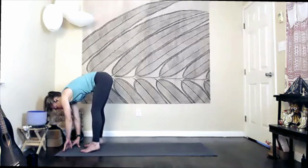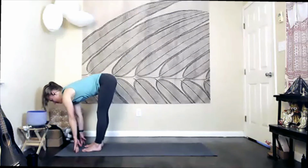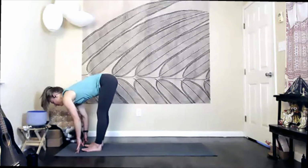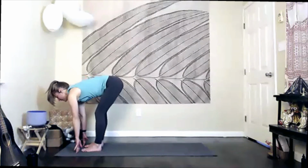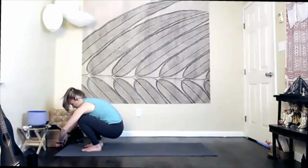Heel toe your feet back into that hips width distance. Inhale, halfway lift, look out. Exhale, fold. Two more times like that. And then begin to bend your knees, sitting your hips low, eventually until your bum hits all the way onto